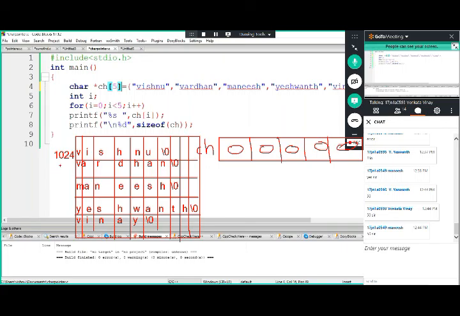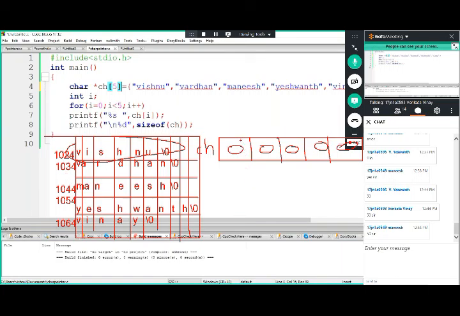Now, what is the address of this one? Can anyone answer? What is the address of this row? 1034. Now 1044. Next 1054. Next here 1064. Is it right? Everyone, is it right? The difference between this element and this element and this element is 10 difference we got. Everyone, can you understand this one?